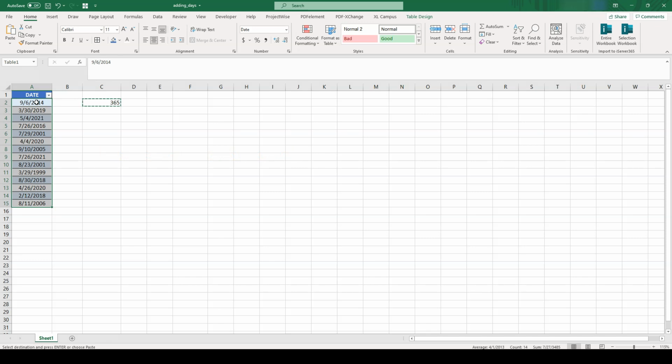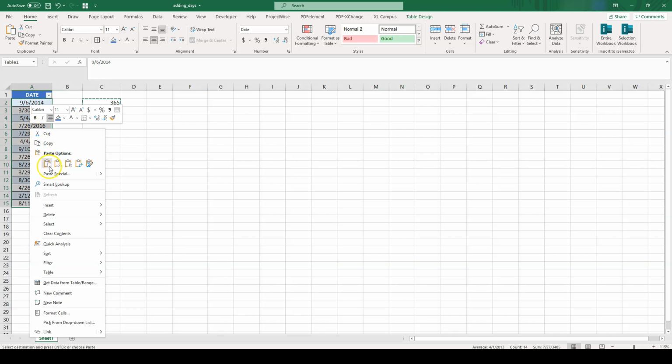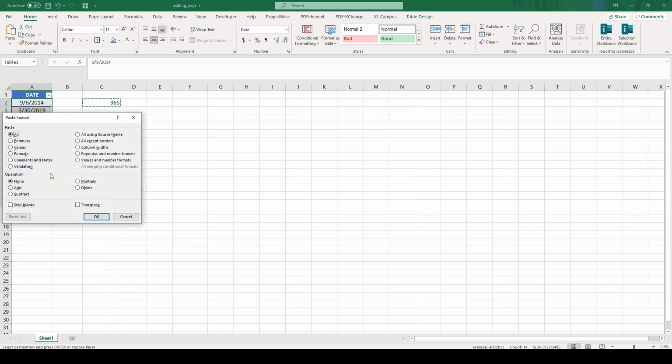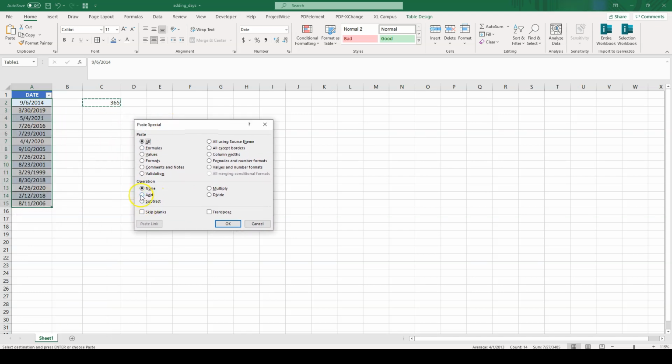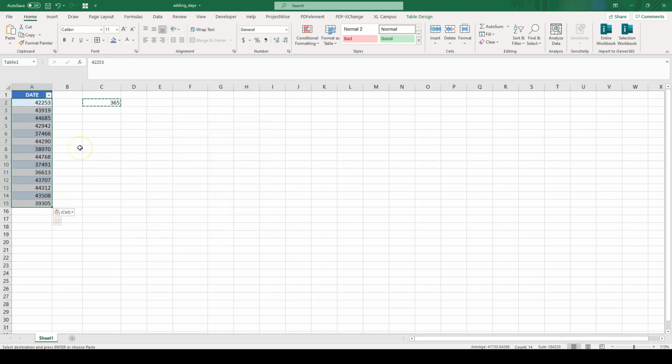Now just right click on that area, then go to Paste Special, and under the operation we want to select Add. Now we can press OK, and what happened? At first glance we have some strange numbers, but don't worry, those are exactly the numbers which we want,